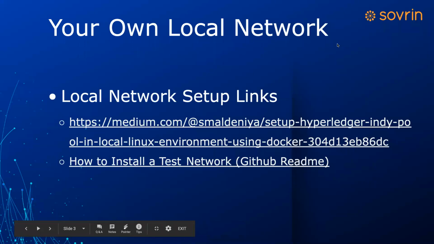Sorry about that. Okay, so I Googled around the other day and found a guy who said the readmes on GitHub are kind of hard to follow, and here's some more plain-English, step-by-step setup. It looked pretty good, so I put that in here as a link on the top. All I did is Google for setting up local Indy nodes, and came up with a couple of people that had done that.